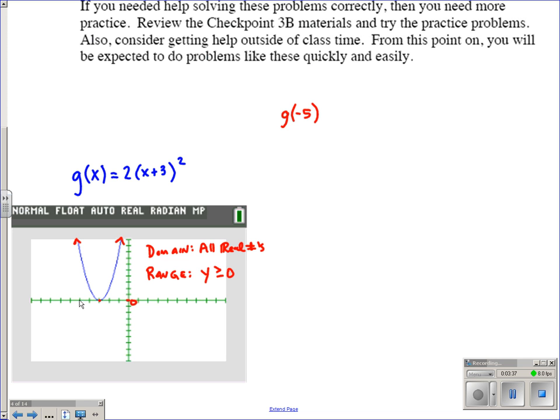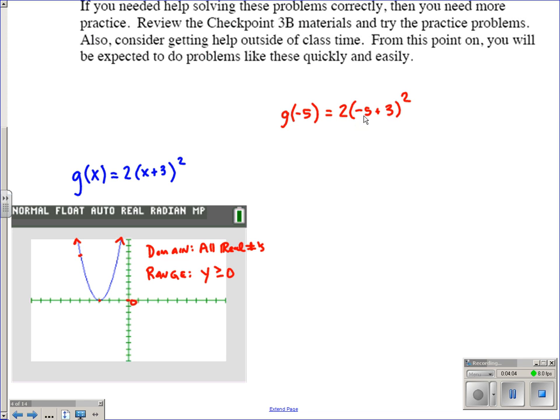If I'm at negative 5 here, my output looks like it's going to be somewhere right up around in here. I could probably check my table and it would give me what the exact value would be. Or you can just plug it in to come up with your value as well. So I'm going to replace my x with my negative 5. So 2 times the quantity of negative 5 plus 3